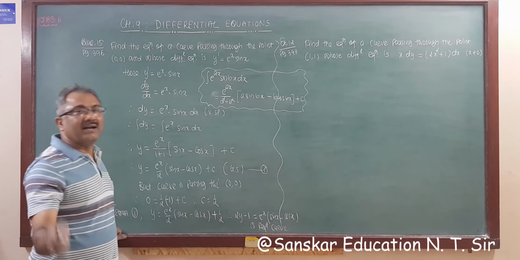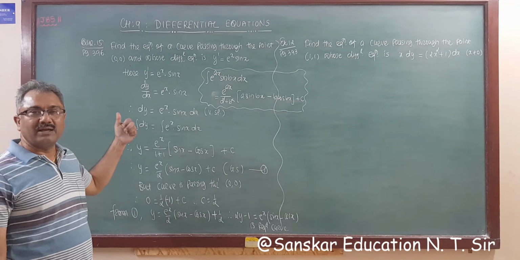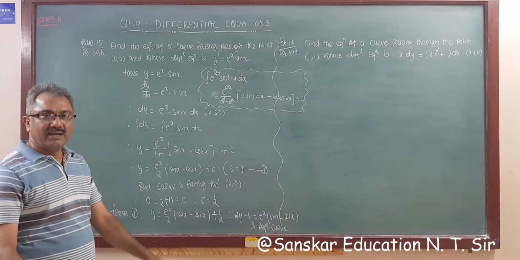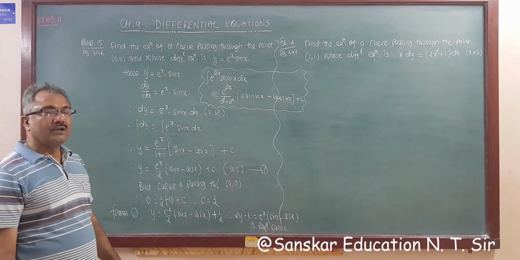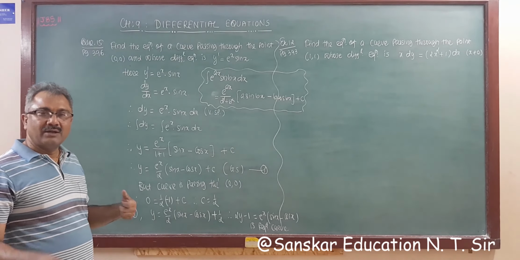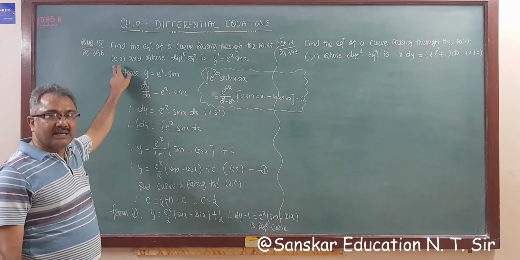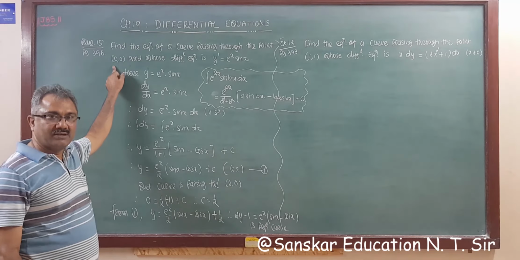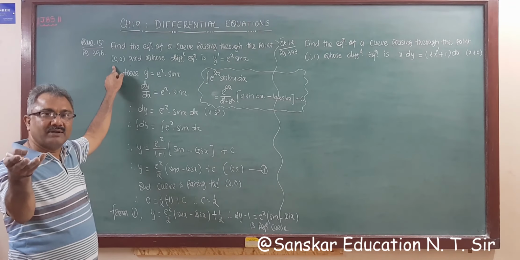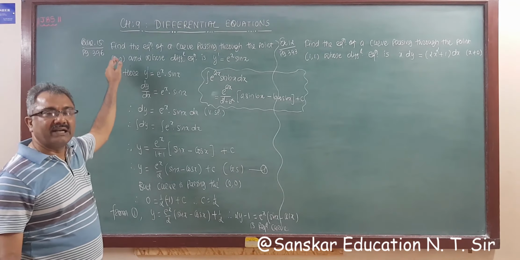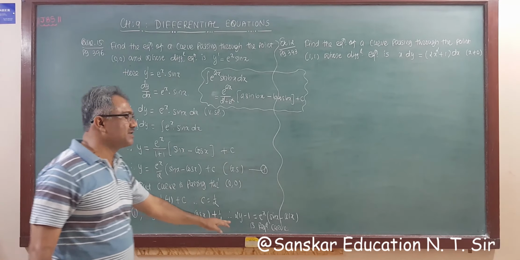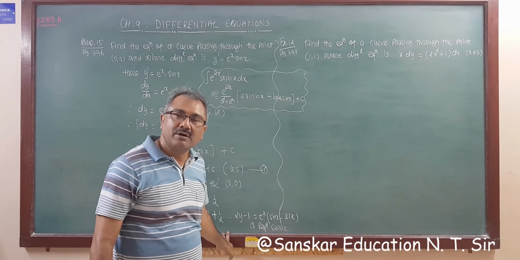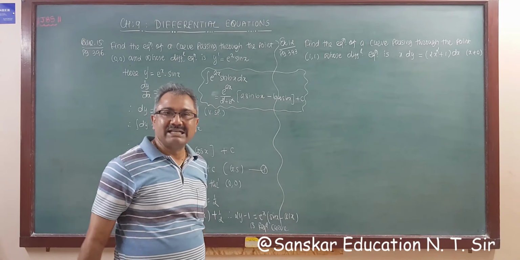Got it? So क्या करना है? वर्ड प्रॉब्लम में कुछ नहीं करना है. आपको जो डिफरेंशियल इक्वेशन दिया गया है as we did in previous questions, तो वो आपको सॉल्व करना है using given initial condition, right? Here it is given passing through point, right? So you have to apply that condition and find out the particular solution, and the particular solution is your required equation of a curve, right? So it's also a very easy question.